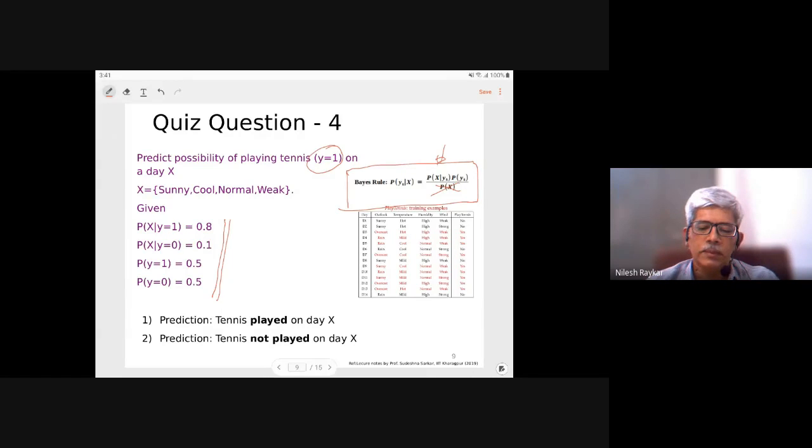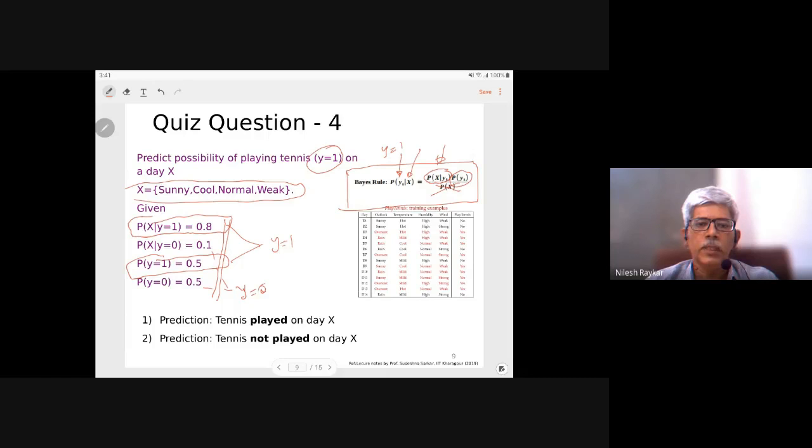So maybe others are confused. Maybe I will explain once more that we want to predict the probability of y equal to 1 using Bayes theorem when the pattern is given. So that pattern is not important here. The terms which we require for the calculations, that is P(x|y=k) and P(y=k), are given here. So there are two terms. This is corresponding to y equal to 1 and this is corresponding to y equal to 1. So both these are y equal to 1 and the remaining terms are corresponding to y equal to 0.